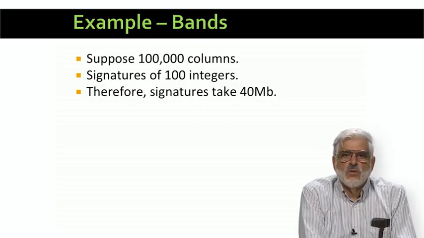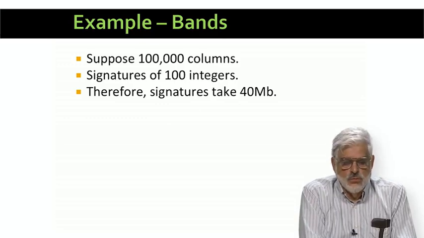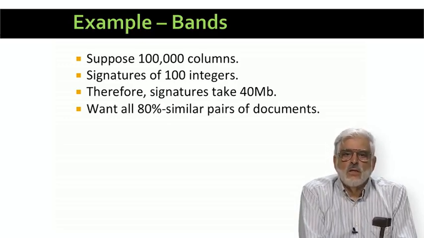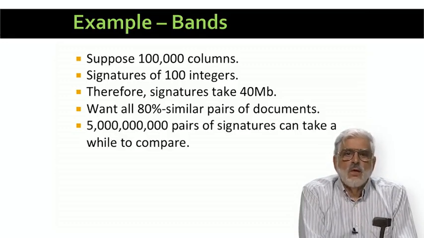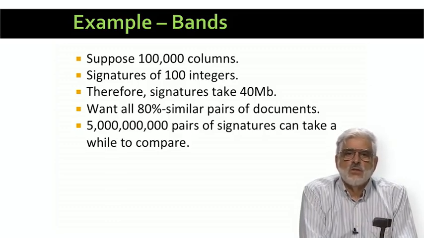Assuming the components of a signature are 4-byte integers, each signature takes 400 bytes, and the total space requirement is 40 megabytes. Now, let the similarity threshold be 80%. That is, we consider a pair of signatures similar if and only if they agree in at least 80 of their 100 components. There are approximately 5 billion pairs to compare, so we'd like to use LSH to avoid having